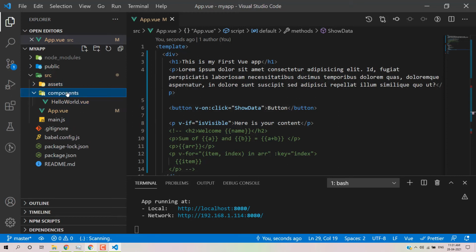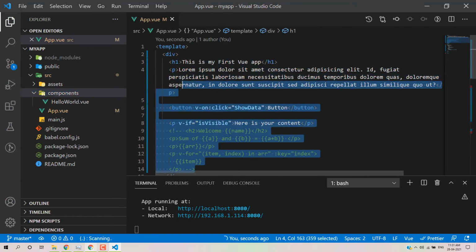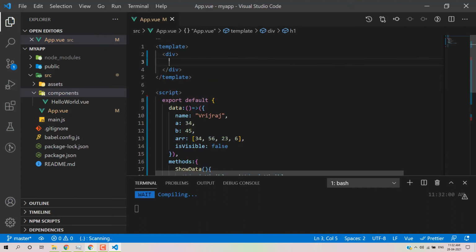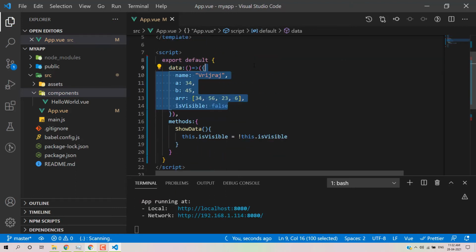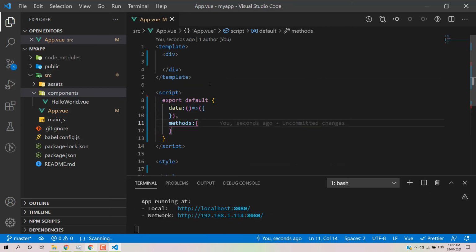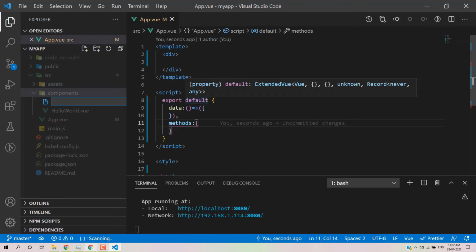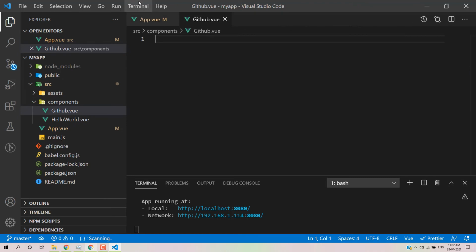So now I will remove this entire file, and here we have removed this entire file. Okay, and then here we also remove this entire file. Okay, now got it. So now I'll create a new file. So my new file is github.vue. Okay, so basically we are creating an interface for getting details for the GitHub user, or not GitHub, we can say blocks. Okay, so this component is for the blocks.